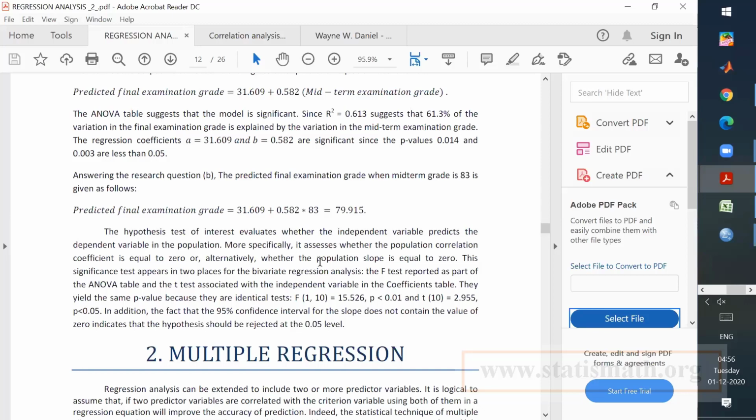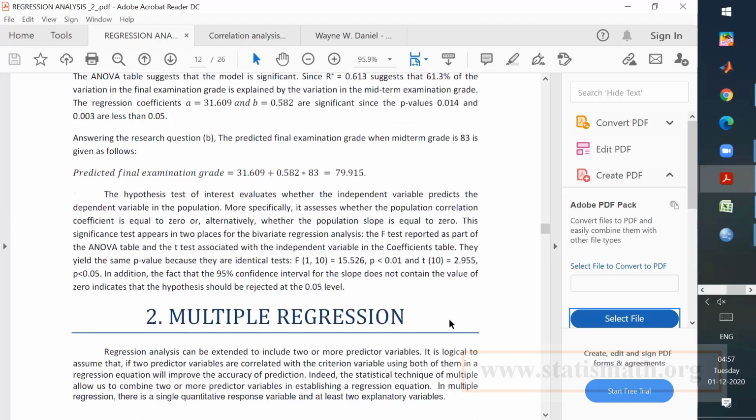In real life, it may not work that way. If you want to predict one dependent variable, you need to consider several covariates, in other words, several independent variables. So the next topic is the multiple regression model.